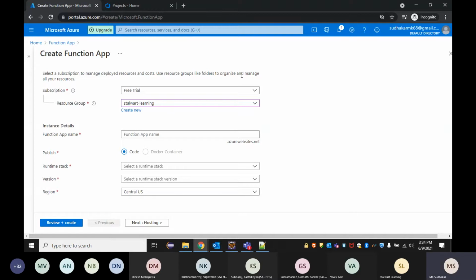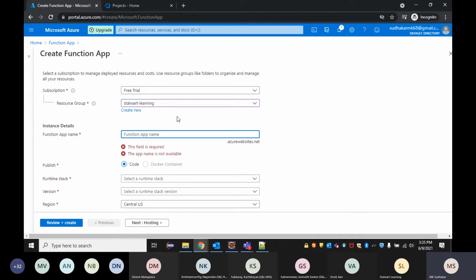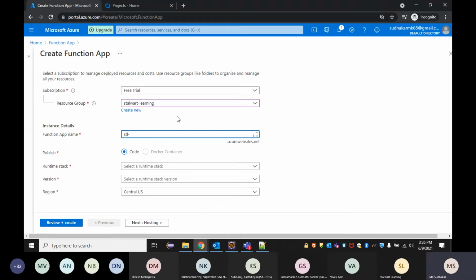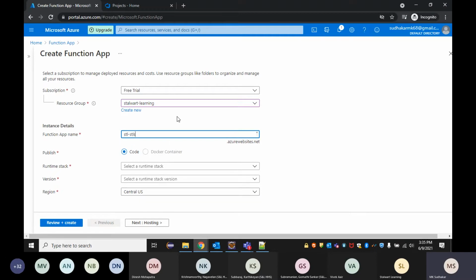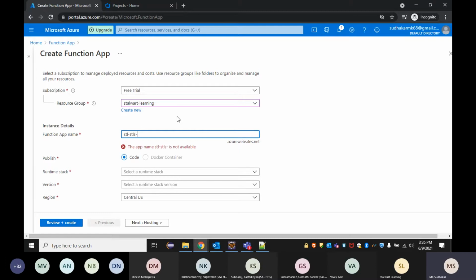Okay, so once we have the resource group, I'm selecting the existing Stalwart Learning resource group here. And now we give the function app name, anything, whatever is required, with the best practices to be followed. As it is the Stalwart Learning demo, I'm giving Stalwart Learning and the Stalwart Learning Services, where I'm going to deploy this in the region of Central US.